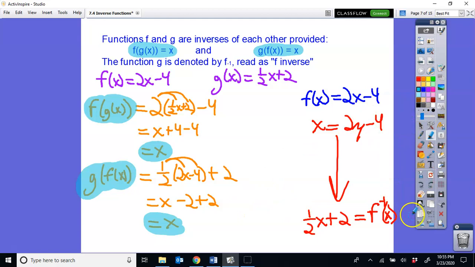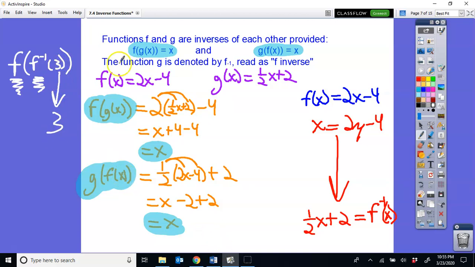Now one last thing I'll give you: every once in a while, I've seen this on the SAT several times. In fact, when I took it, it was on the SAT. If you have f of f inverse of 3, notice that it says you are plugging an inverse into the original function. Inverses and original functions always cancel out to just x. But there's not an x there, Mr. Harrison. There's a 3. Exactly. It just cancels out to 3. And so it's a nice little easy, quick question, and they're just checking to see if you understand the concept